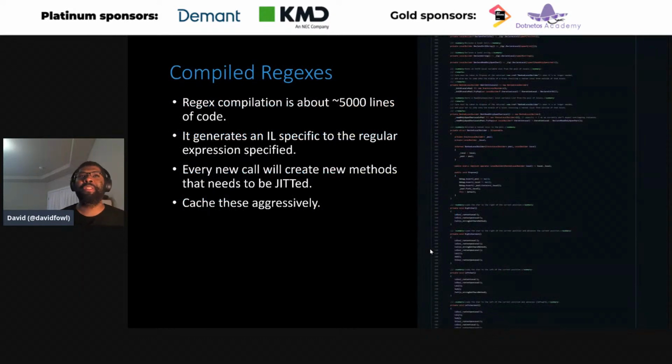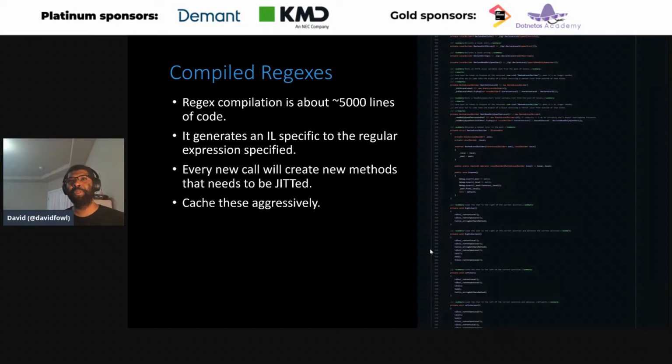So compile regex basically compiles this state machine, right? So typically when you don't compile a regex, we build this state machine, a DFA or an NFA, based on the expression, and it's very optimized, more optimized in .NET 5 and 6, I believe. And it basically gives you a machine or a function you can use to match an input string, and it will tell you if there was a match or not, and it may capture things, and there's a whole theory behind how you build an engine for this stuff, right? We can further compile that intermediate format into IL that actually runs a bunch of code to do the same matching, and it's much more efficient.